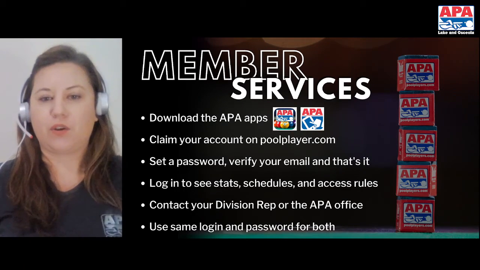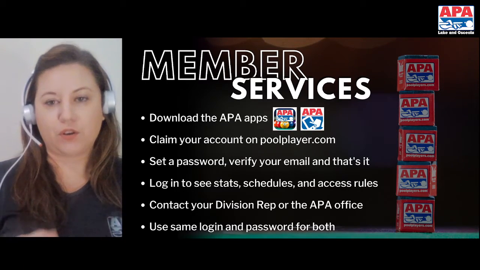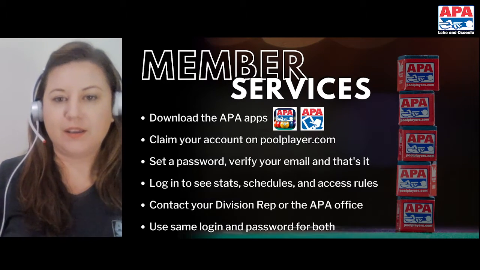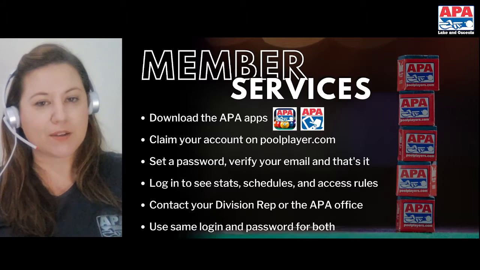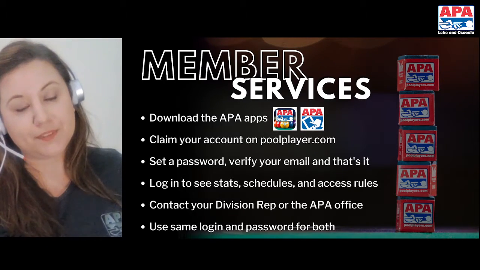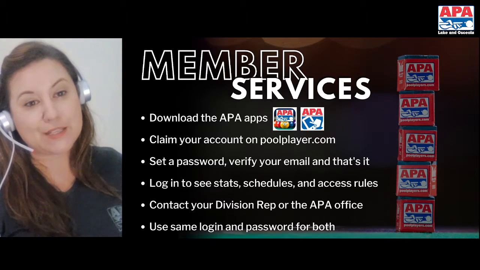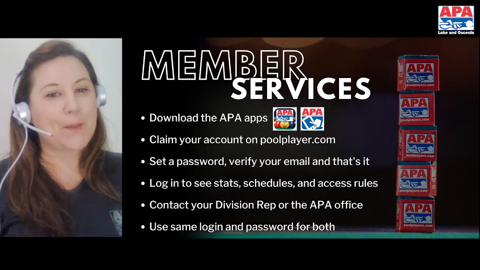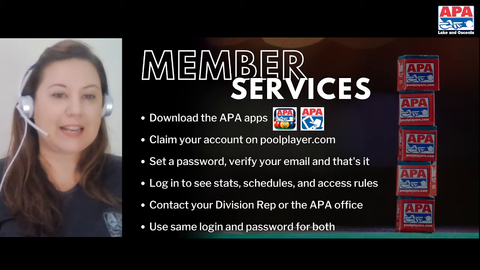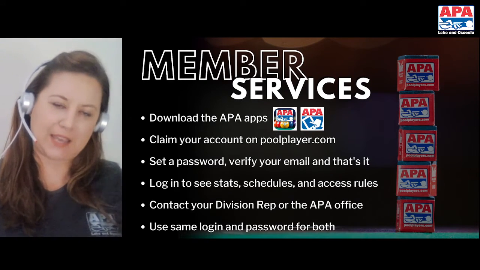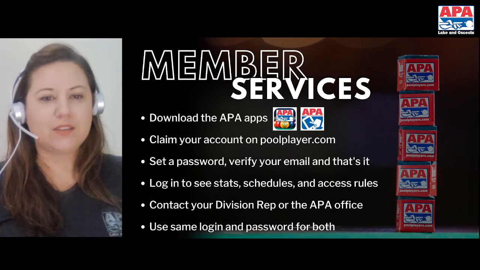The second logo is Scorekeeper. So if you go to your app store and you put in the word Scorekeeper, I believe it's all one word. It's going to be your same email and same password for both. Scorekeeper is going to give you access to electronic scoring. Electronic scoring is going to be the best way to avoid losing bonus points. If you don't fill out player numbers, if you're bad with totaling your innings, if you're not quite sure on the match points that are won, and it's always a thing at the end of the night, get Scorekeeper.